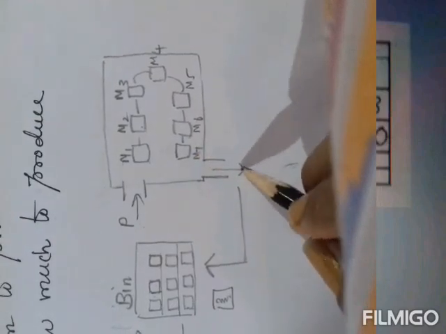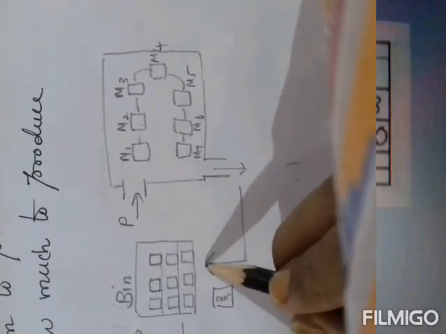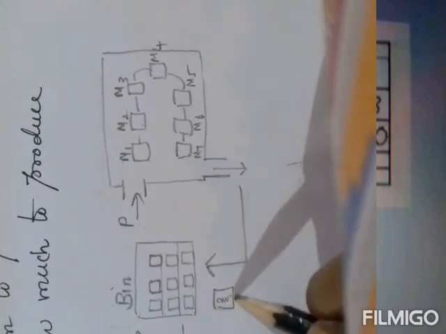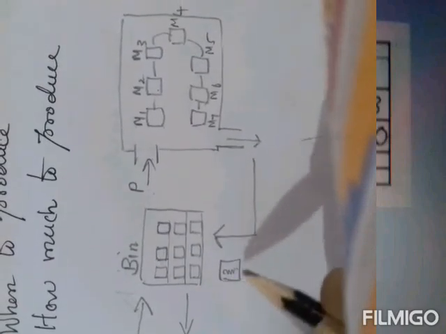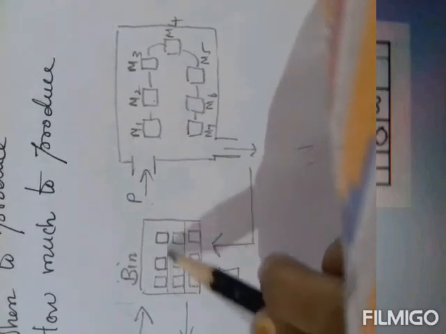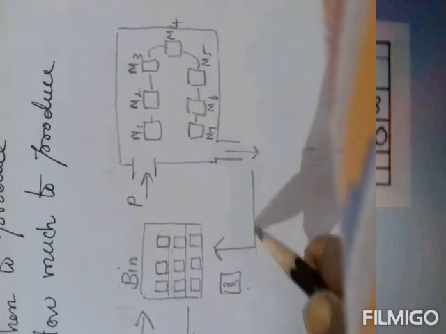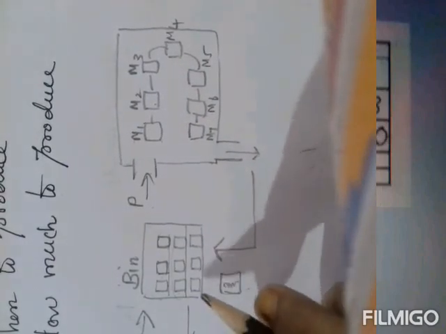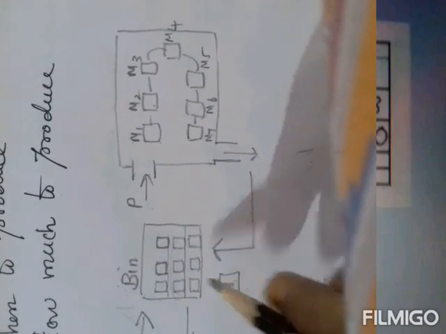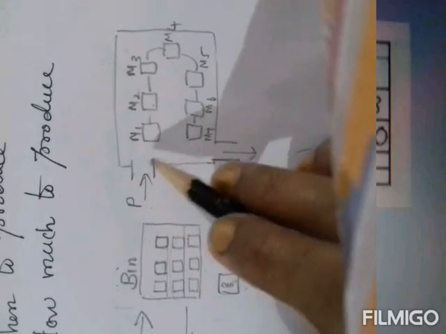So from the manufacturing plant they will send the card. That card is called a Kanban card. It will go to this bin area, and here they will mention what kind of product is required, what kind of raw material is required for the next process. So say the first 3 went here and the process is over and the finished product came out. From the plant area they send the card here saying that they want another 3 or another 4 parts like that. So from the bin they will pass all the raw material here